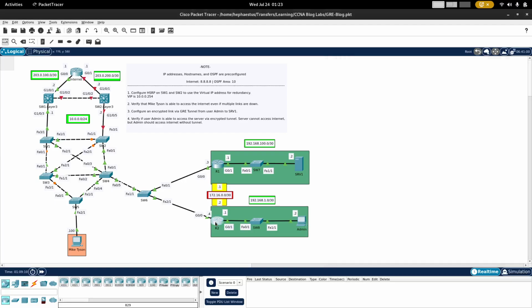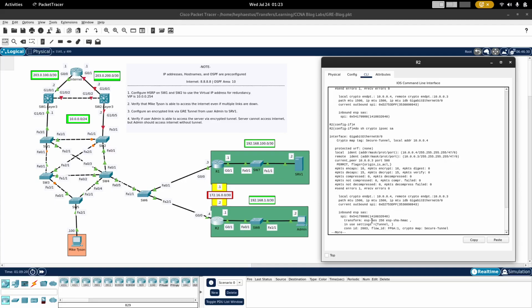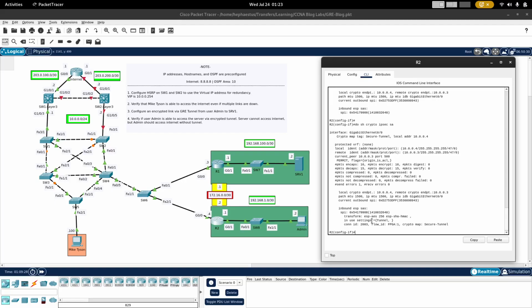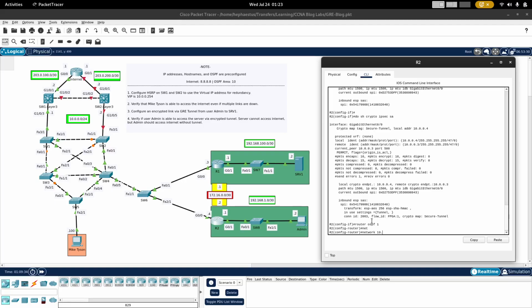So in order to do that, we go to R2. It says here that OSPFs are pre-configured and we have an OSPF area of number 10. So in order to do that, let's configure OSPF real quick. And you guys should know how to do that if you guys looked at my previous tab on OSPF. So we'll go to router OSPF 1. Again, now we're going to specify the address